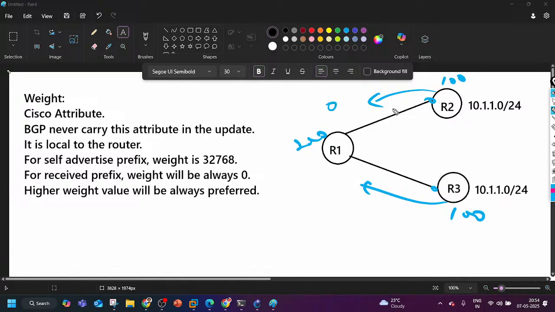Now if you want to prefer router number 2 or router number 3, you can configure weight. I can tell router number 1 to set weight value 100 for router number 2. Or I can create one route map here on router number 1. You know the policy configuration through route map. I can create one route map with the name, let's say, Cisco, and in this route map I am going to say set weight value